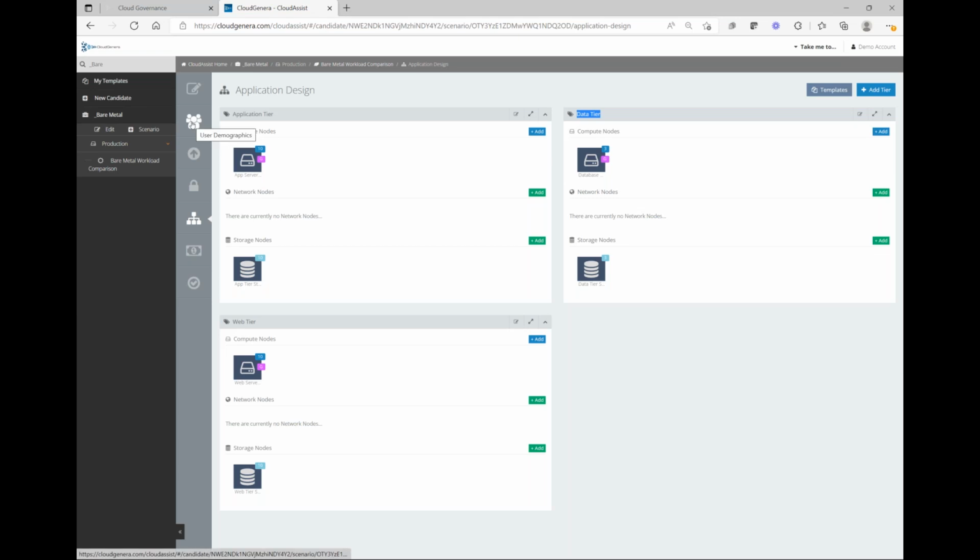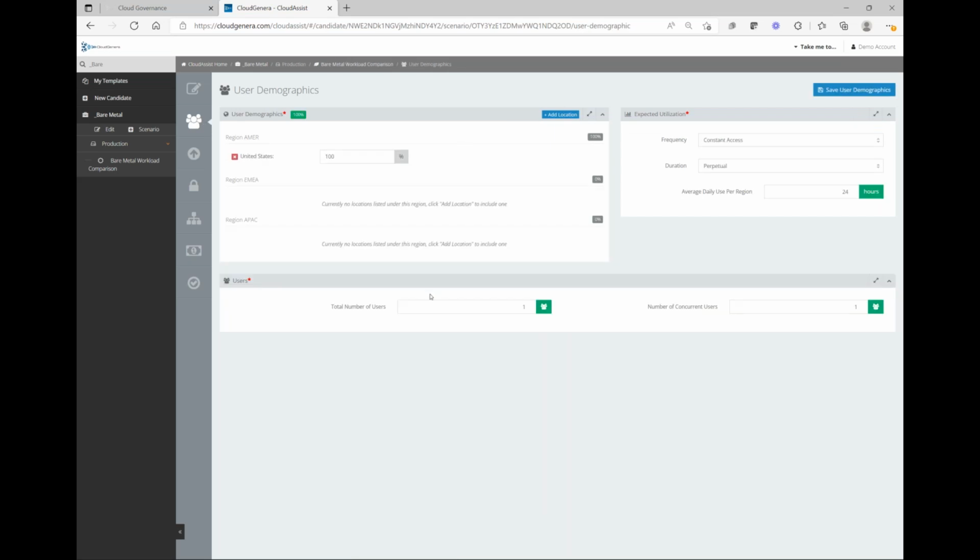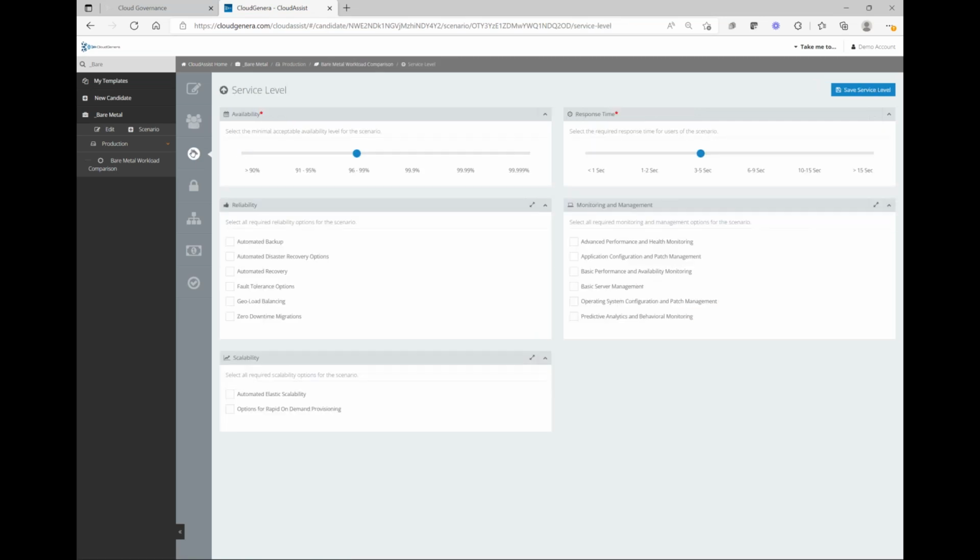The model does give you, as mentioned previously, the ability to input requirements around the demographics. So think location, think utilization, think user base and their concurrency. It allows you to document in a vendor neutral way the service level you expect to achieve. And these selections around reliability, scalability, monitoring and management, and the response time, those items will change the price because they'll change the recommended services to achieve what's best for